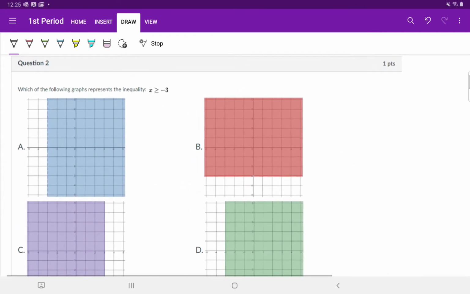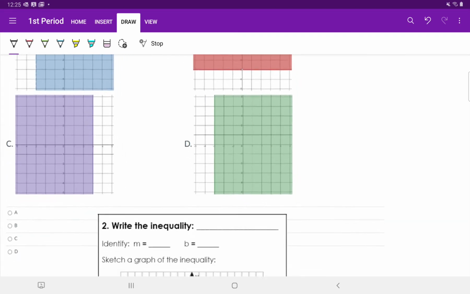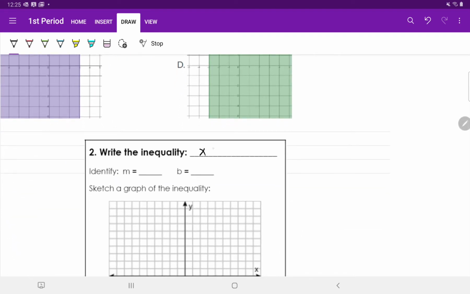For question 2, we are given an inequality, and we have to pick the correct graph that represents that inequality. So I'm going to scroll down to my quiz paper and rewrite my inequality. X is greater than or equal to -3. On your quiz paper, there's some space to find M and B, but when you don't have a